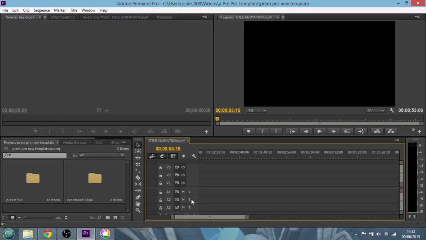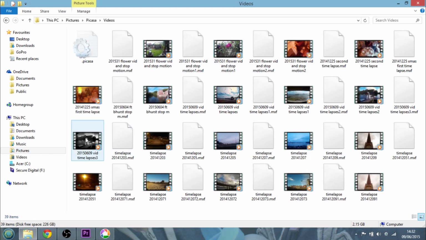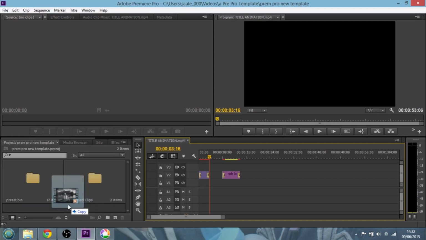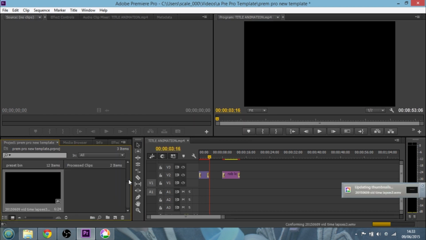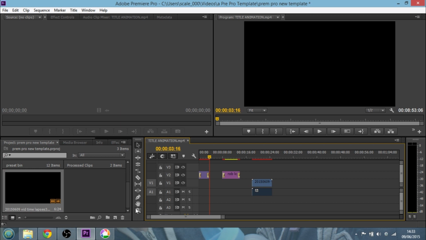So in Premiere Pro, if you're familiar with it, really great piece of software, dead easy to use once you get to know it, all we can do is take the time-lapse we've done before, drag it over, put it into the project bin, and then we can slide it over onto the timeline, zoom in a little bit,